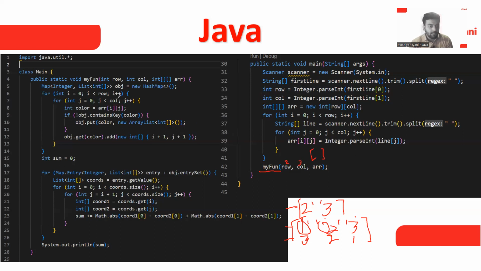So after that, guys, here is the method in which we describe the whole functionality of this question. You can see here, this is a static method. We are declaring it static because we can call the method directly with the help of its name without creating any object. That's why I am creating the static method here. So static void myFunction, int row, integer type column, and this is matrix, type array of integer.